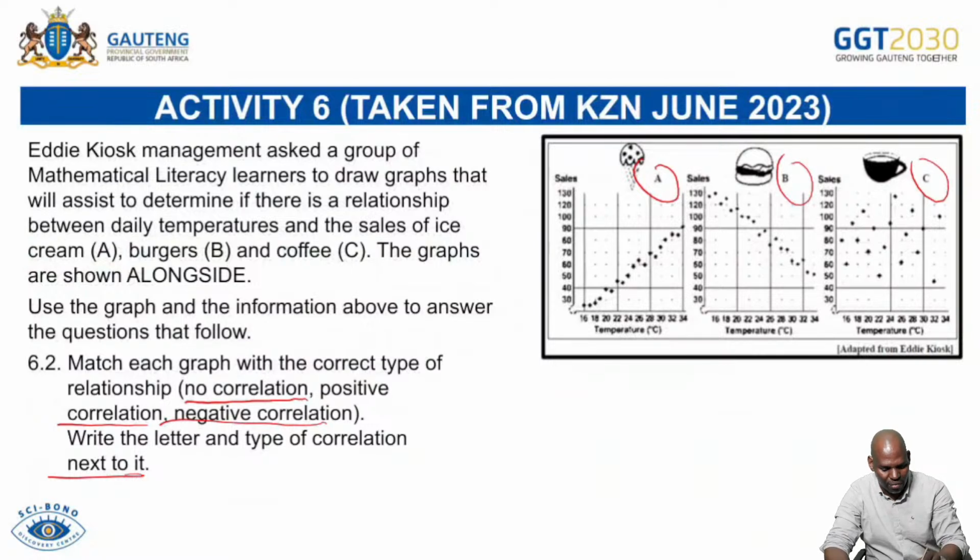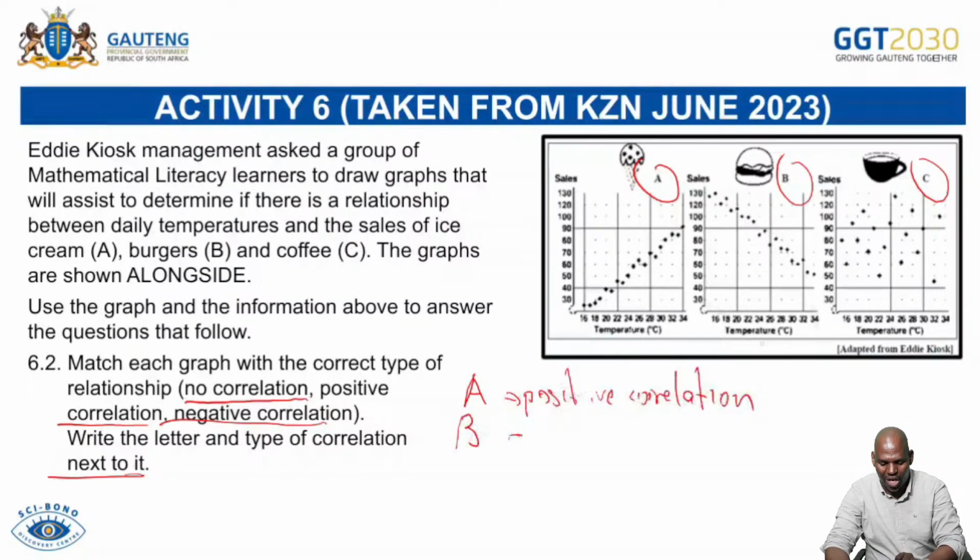So it means A, we can say it's a positive correlation. Positive correlation. Then B,